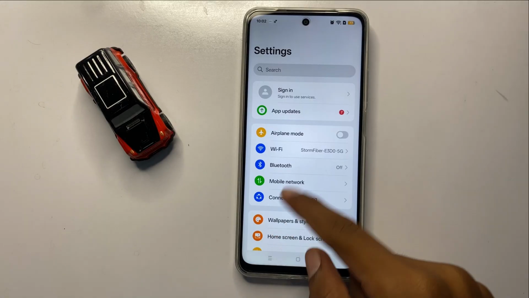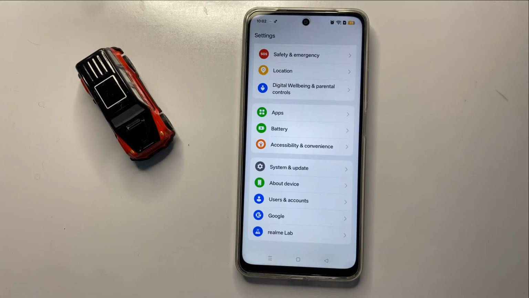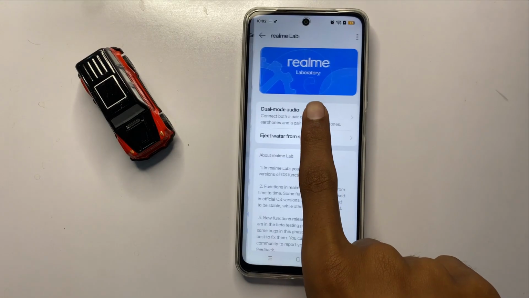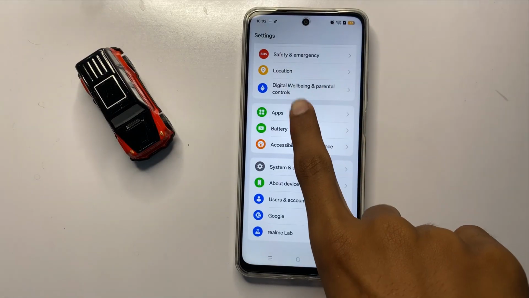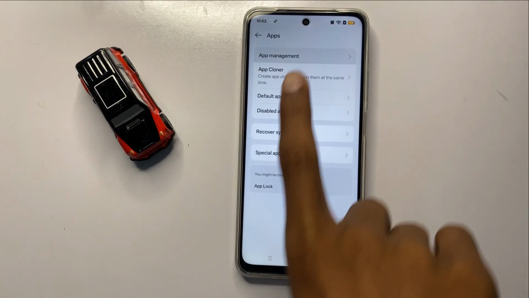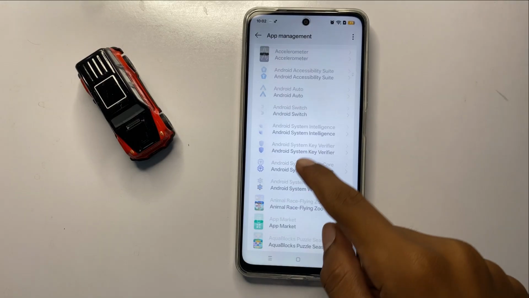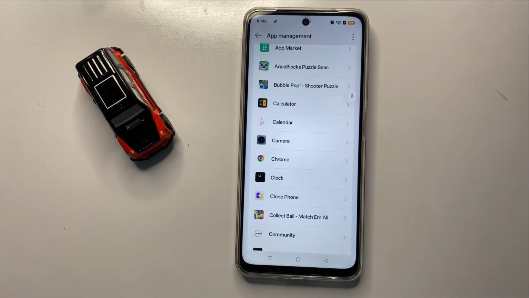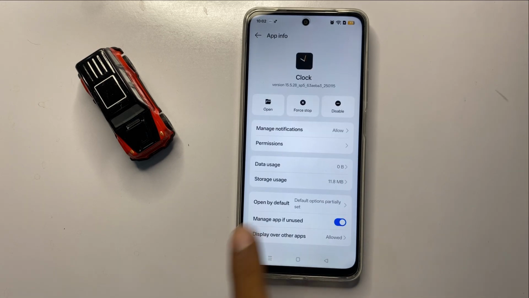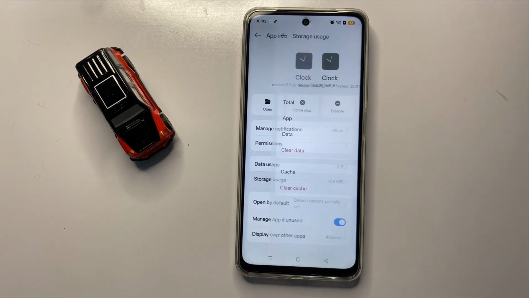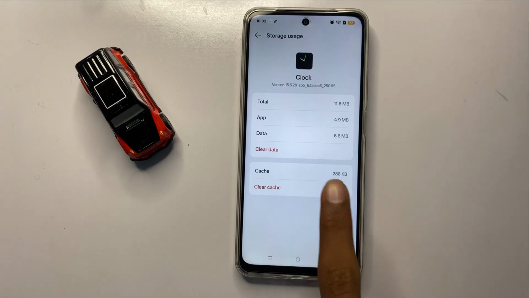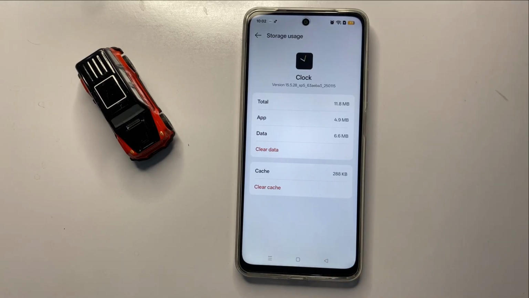In settings, scroll down and click on apps, and then click on app management. Now scroll down and here you can see the option clock. Now click on clock and then click on storage usage. Now here you can clear the data and cache memory of clock. After clearing the data and cache memory, go back